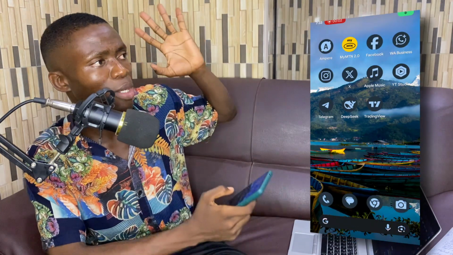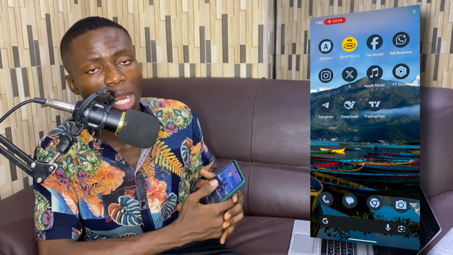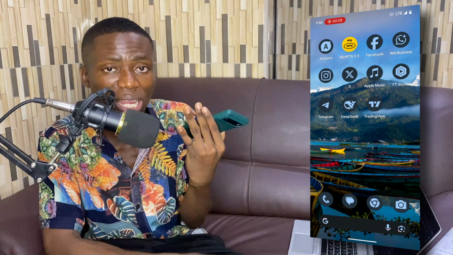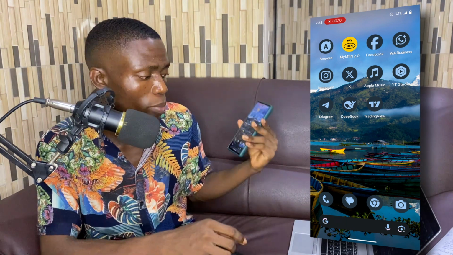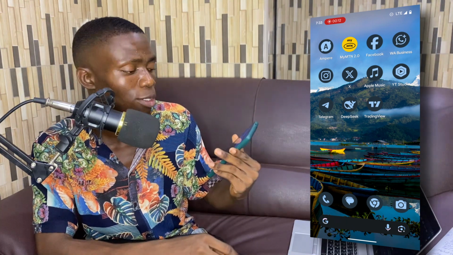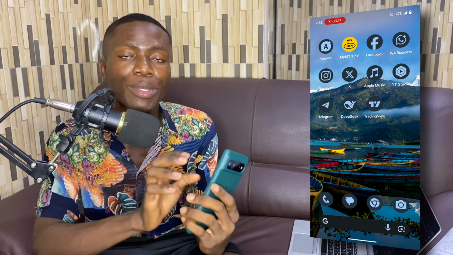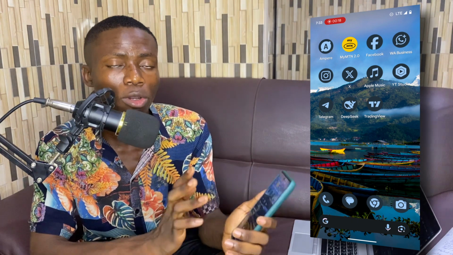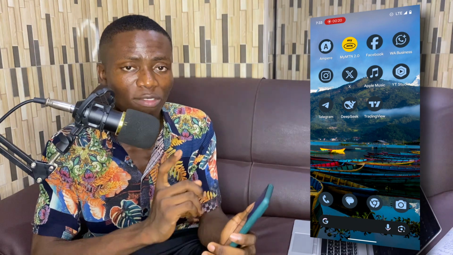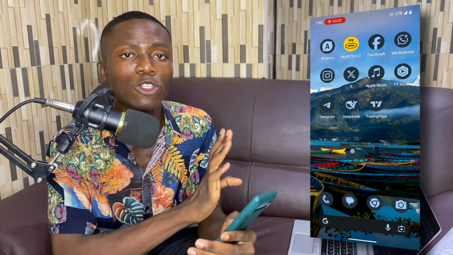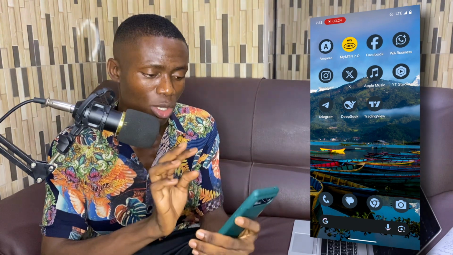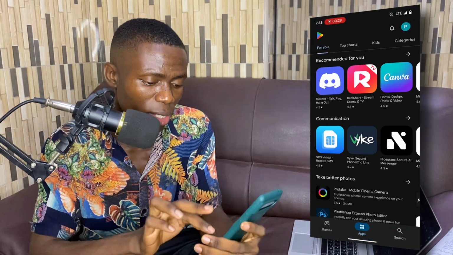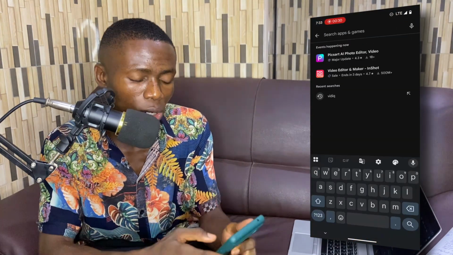So now guys, I believe you can see my screen over here. I'll be doing this tutorial on my Android phone, but it doesn't really matter if you're using an iPhone or a laptop. You can just follow by getting the software needed. We'll be using InShot on our smartphone, but for those of you on a laptop, I'm not sure InShot is available for PC, so you can do it with any video editor that you have on your PC. So all you need to do first is simply come over to your Play Store and then come over to search, and then search for